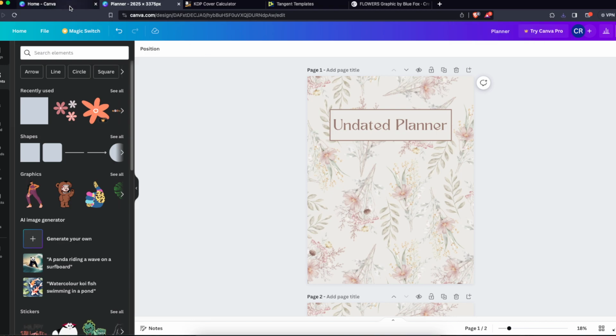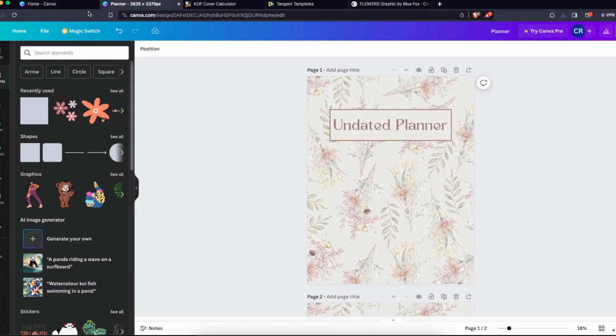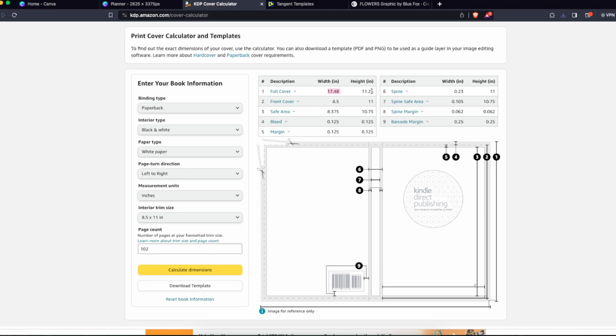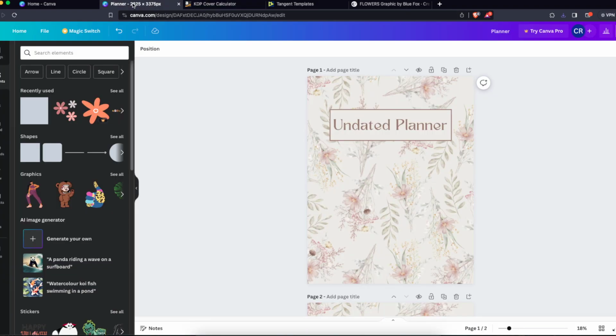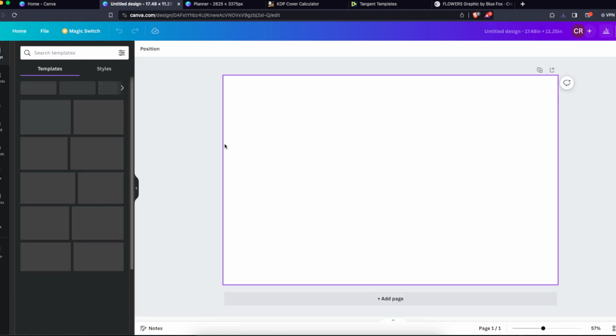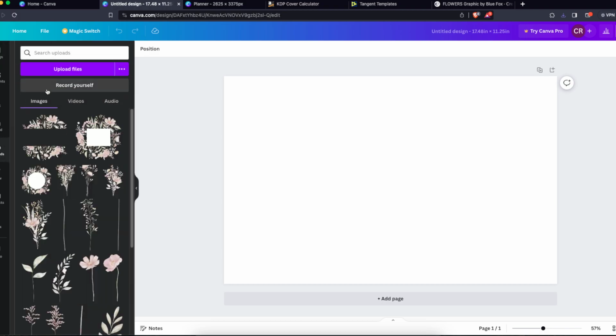So now let's go to Canva, and I'm just gonna copy and paste these elements, and let's write them down right here and change it from pixels to inches. So I'm just gonna copy and paste them, create a new design. Now I'm just gonna upload the PNG files I just downloaded,